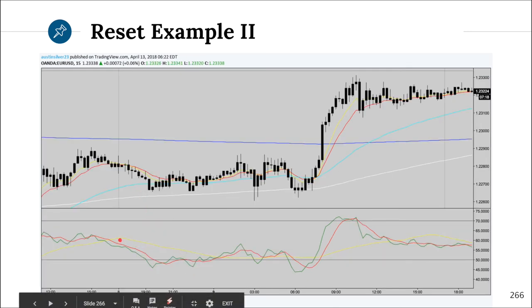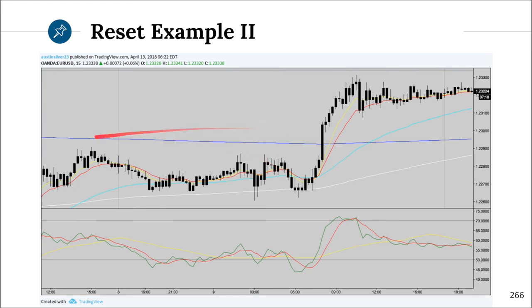Another example here, we have the liquid 50 at the start of the day dropping towards the stationary 50 from the top of the buy zone, middle of the buy zone, 60, 65 value, towards that 50 value, telling us we're coming into reset, and that's confirmed when the EMAs are saying the same thing. We have the shorter term EMAs, the 50, the 200, all telling us we're going to buy, but the long term EMA, the blueberry, the 800, is on top, telling us that we're still in an overall downtrending market.